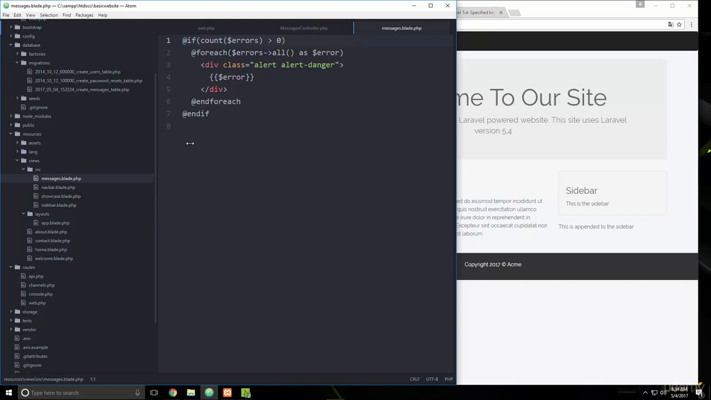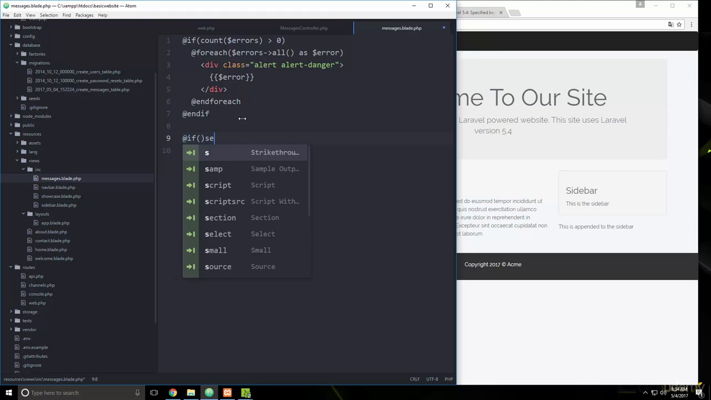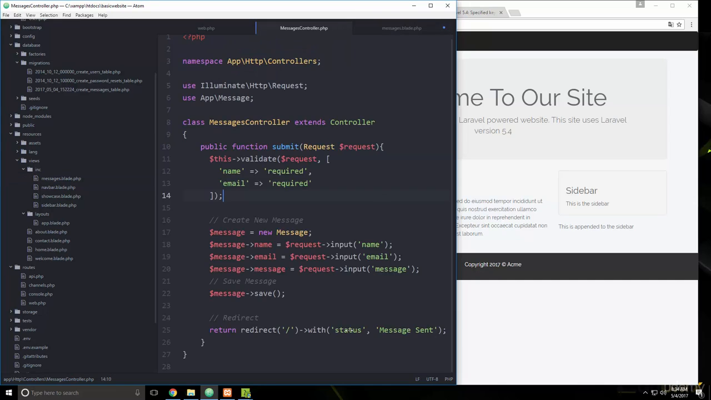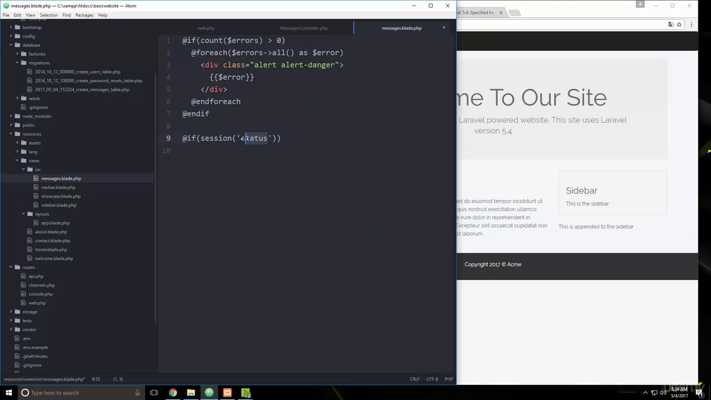messages.blade.php, and we'll go right under where we did the errors, and we'll do an if. We'll say if session. Whoops. Is it? Yeah. If session status. Actually, instead of status, let's put success. Okay, and then if session success,